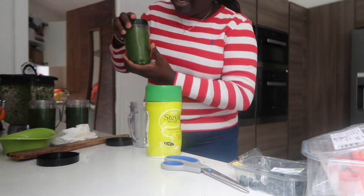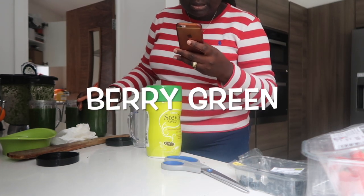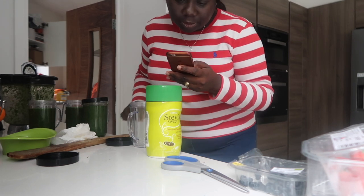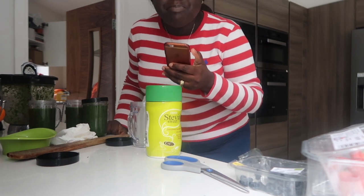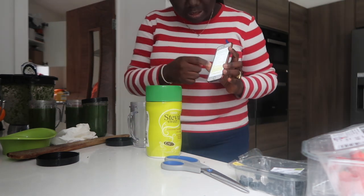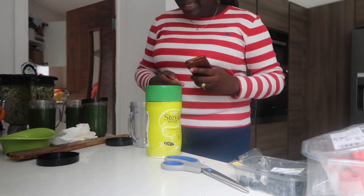My berry, what's it called? I'll just look it up again. Berry green, that's what this one is called. So I've got a recipe I use, but on different days. So day 2 is going to be apple strawberry. Again, this is